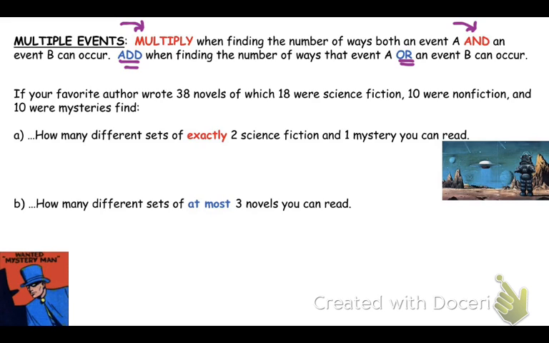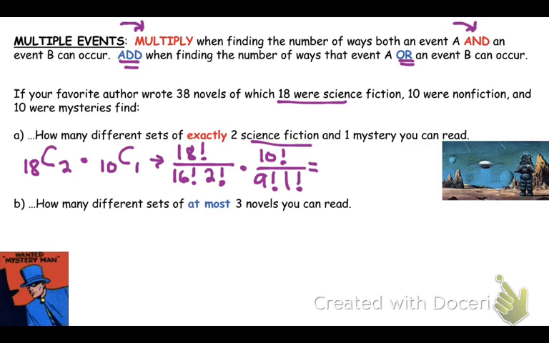So we have 18, so it's science fiction. So we have 18 that were science fiction, and we want just 2. We have 10 that are mysteries, and we're only going to be choosing one of those. Okay, so we had our 18 factorial in the numerator. 18 minus the 2 gave us the 16. 10 minus the 1 gave us the 9. When we simplify and we multiply everything out, we get 1,530